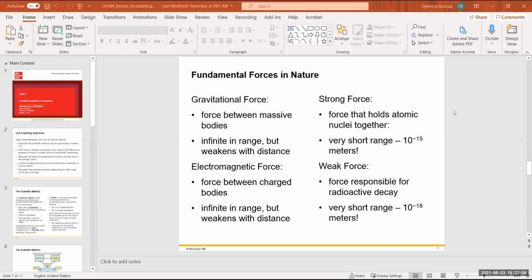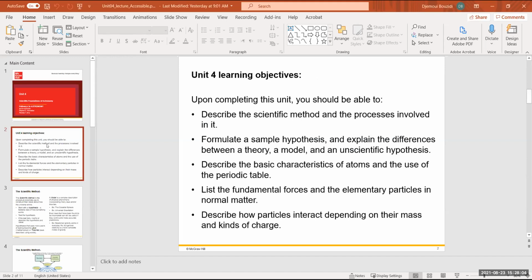week. Okay. Unit 4 deals with the fundamental forces in, first of all, the objectives. Okay. The objectives are the following. This is what you're supposed to be doing in this chapter. First of all, this part of the chapter describes the scientific method and the process involved in it. It's like an algorithm,